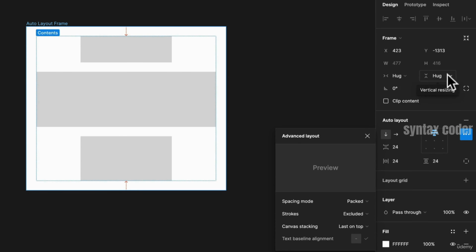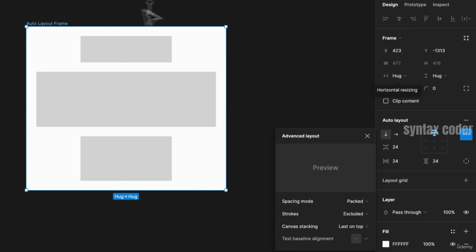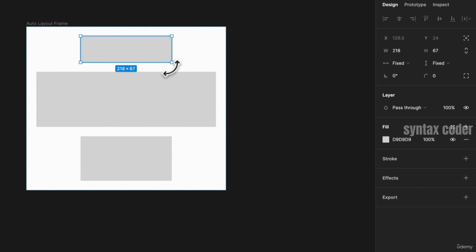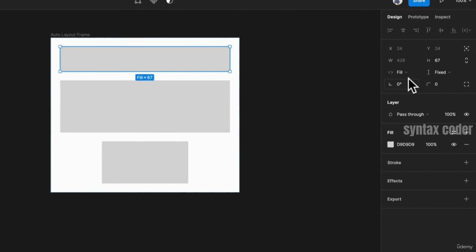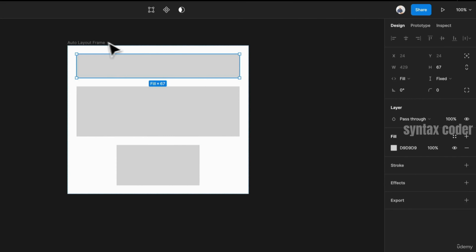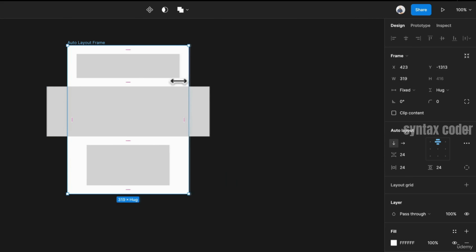Let's talk a bit now about resizing. This is resizing up here. Now, one of the most powerful functions of auto layout is its ability to control the dimensions of the objects in an auto layout frame. So there's different types of ways you can resize. You can make it fixed, hug, and fill. So let's take a look over here. This is set to fixed. That means it has a fixed width of 218 pixels. I'm going to fill the container. That means it's going to fill all the way across,